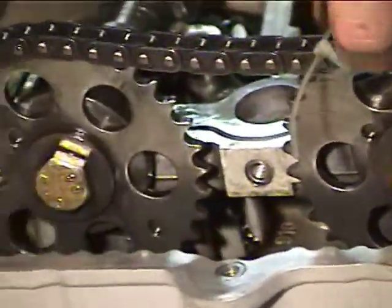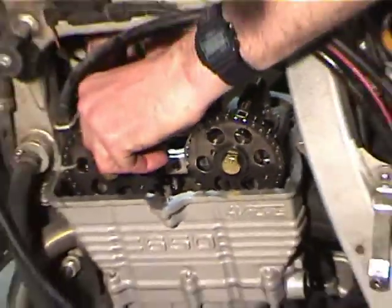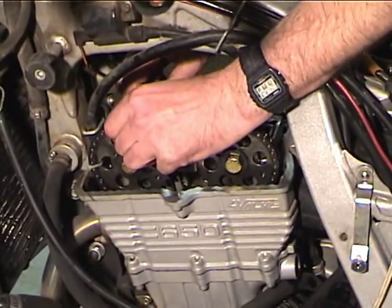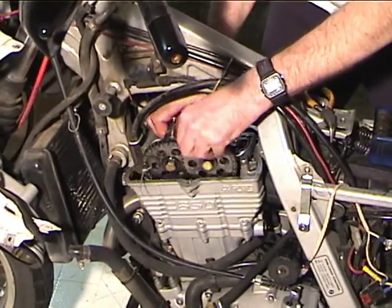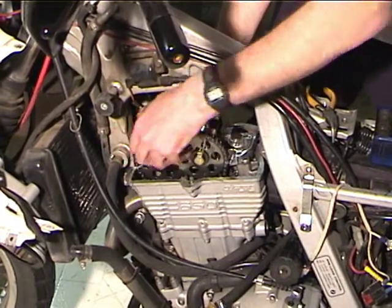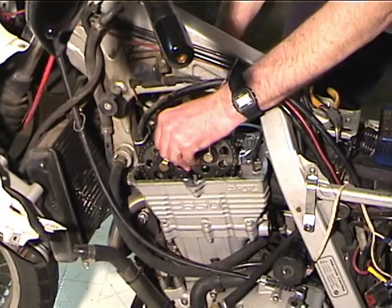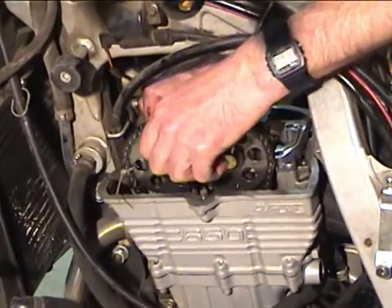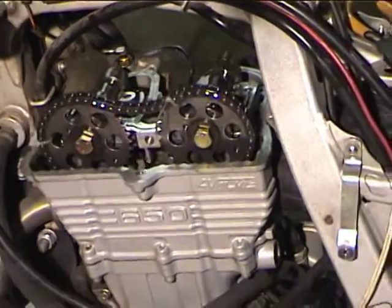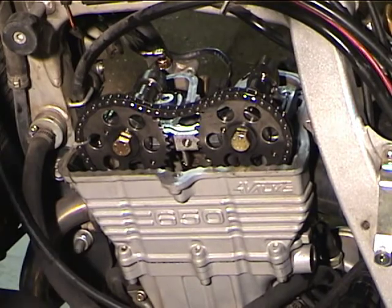So this time, well, I can't see. Not quite. I went the wrong way. Alright, so we're going to go the other way. Okay, so I can't fish the chain back around, so what I'm going to do is cut my tie wraps loose,